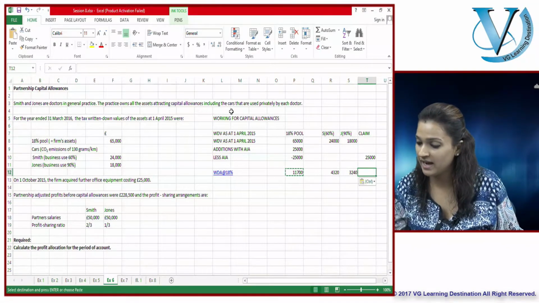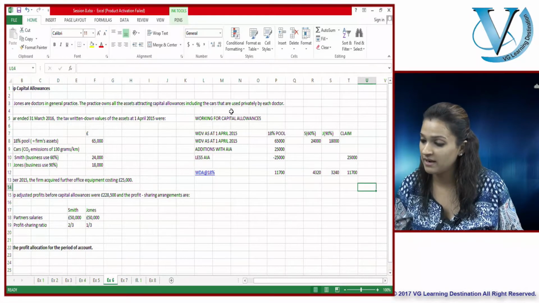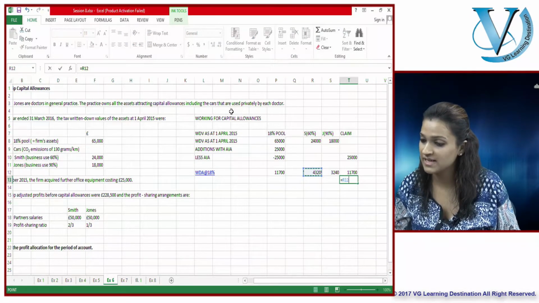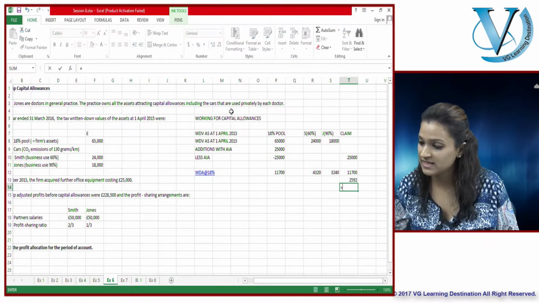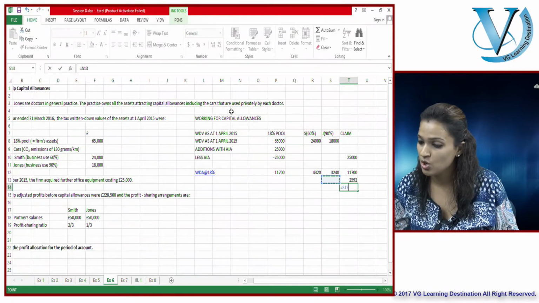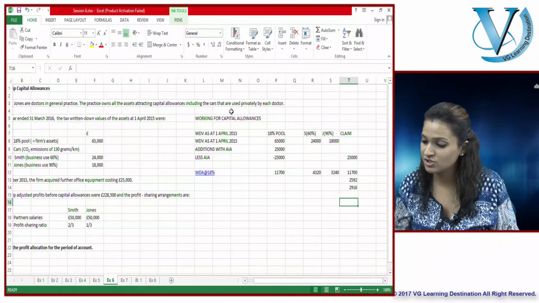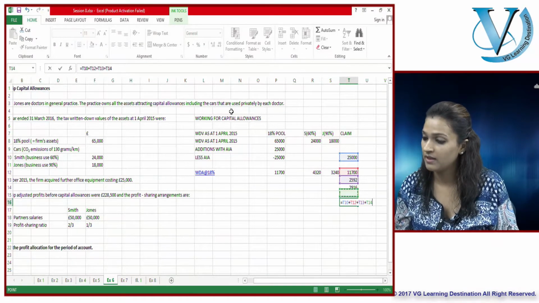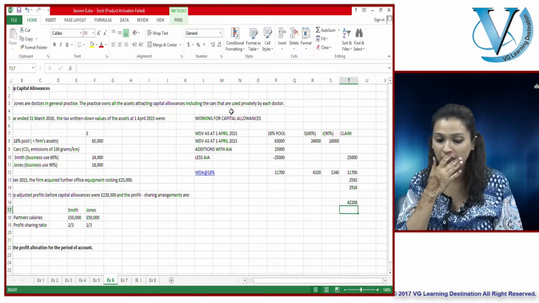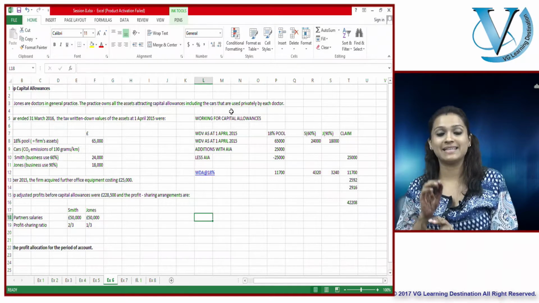And when I'm claiming it, I now need to restrict for my 60% and my 90%, so this gets restricted only to the business use, which is 60%, and this gets restricted only to the business use, which is 90%. Right? So how much capital allowances have I claimed in this year? AIA and WDA, a total of 42,208 is what I can claim as capital allowance.